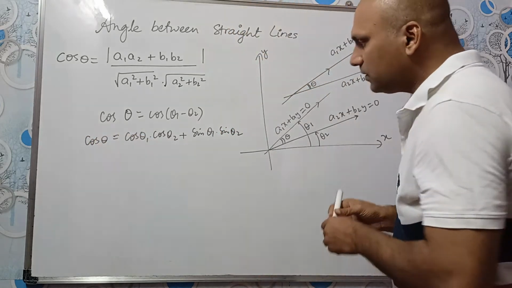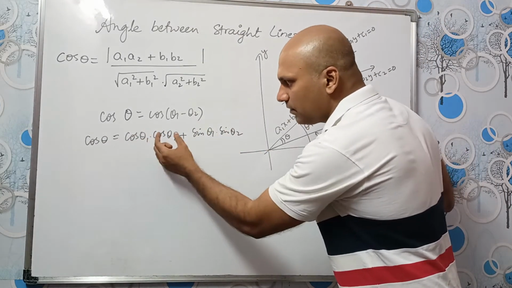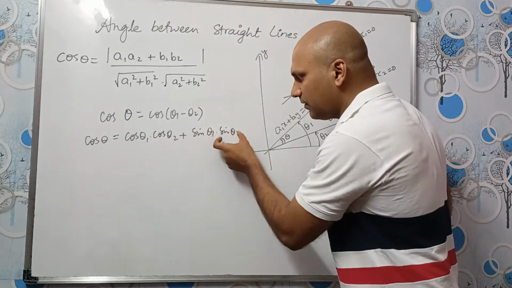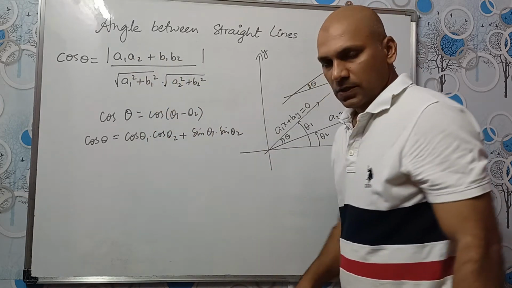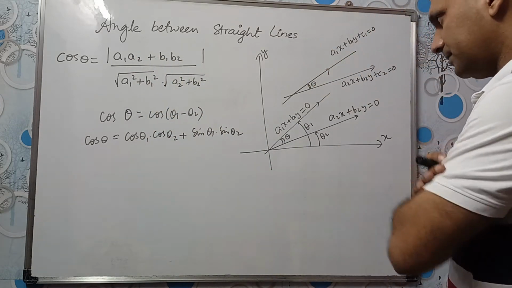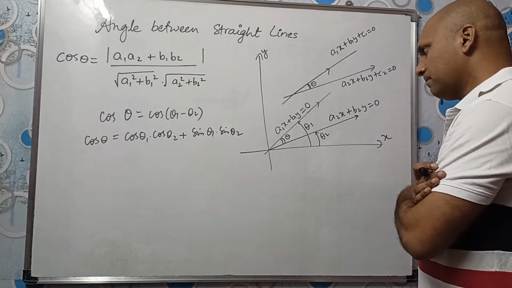Now we need to find the values of cos theta 1, cos theta 2, sin theta 1 and sin theta 2 and substitute them here. We will get this. Okay. Now let us find. Alright. Now see,